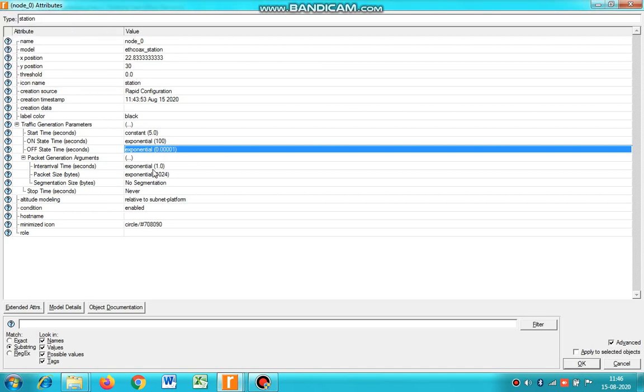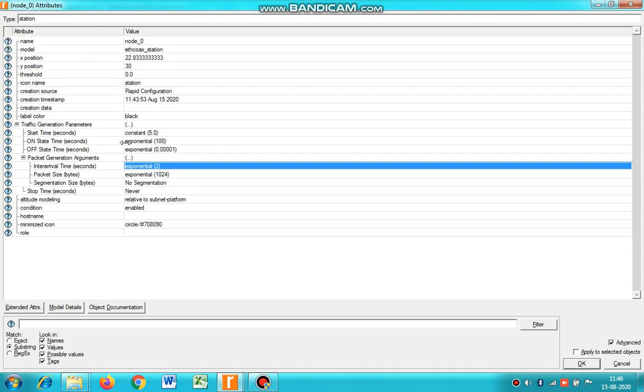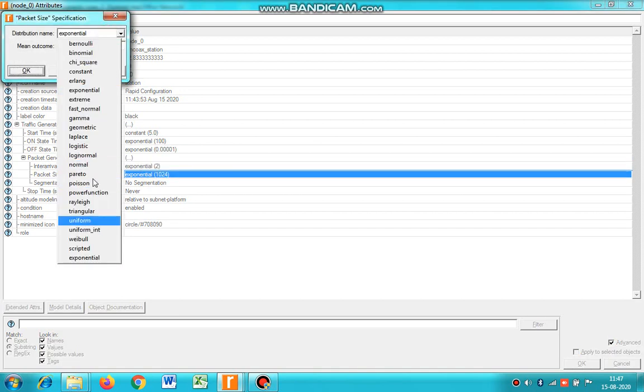Okay, and interval time should be exponential 2. Okay, packet size should be constant. Select constant here.